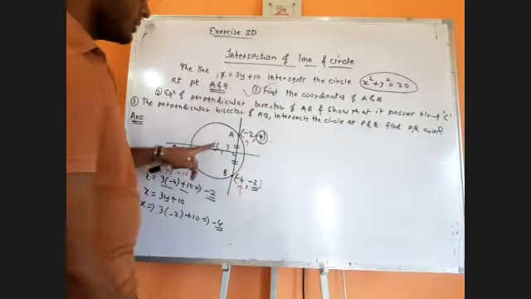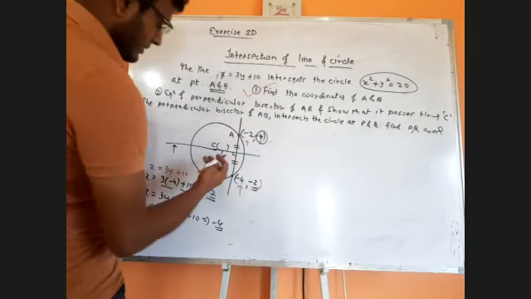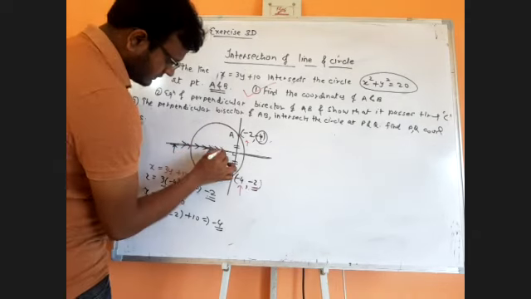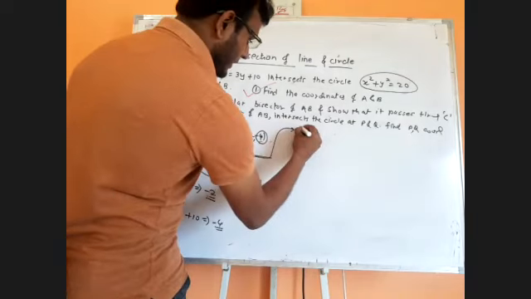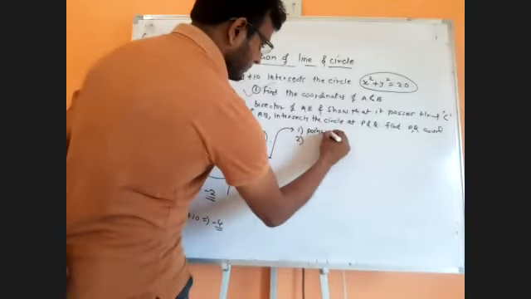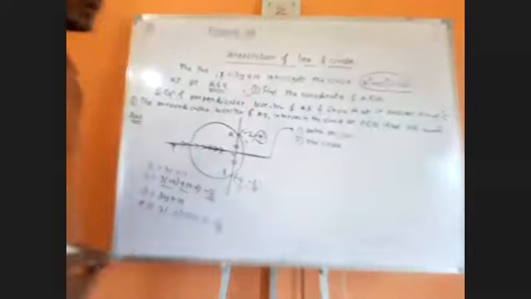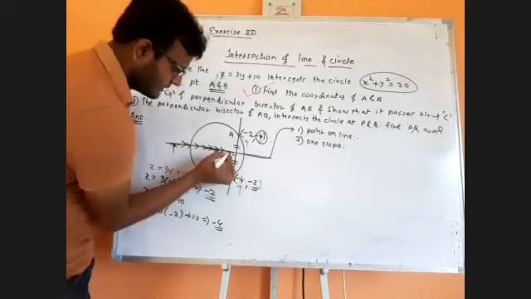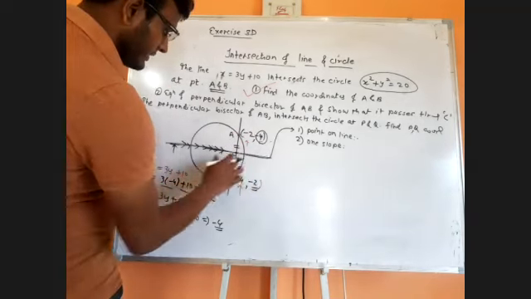So now that we got the coordinates of A and B, we just have to get the equation of the perpendicular bisector of AB. So tell me, the perpendicular bisector of AB is this, right? Can you see? And if I have to find the equation of this, I'll probably need a slope. So for any line, I need a point on the line. Basically, this will be the point on the line. So if I just get the midpoint of AB, I'll get a point on the line.